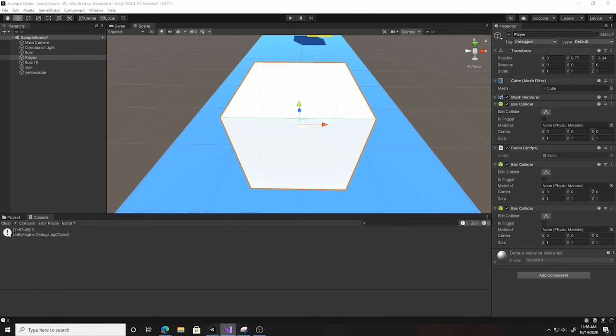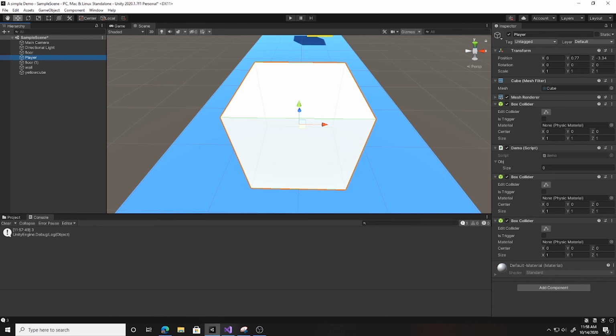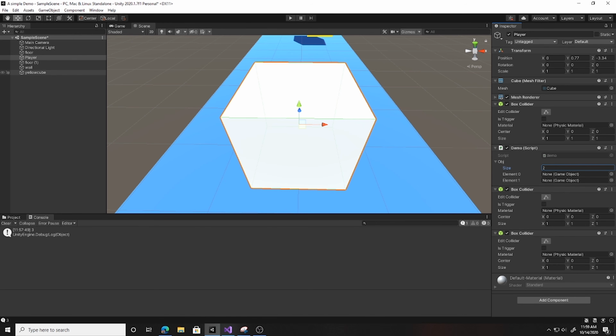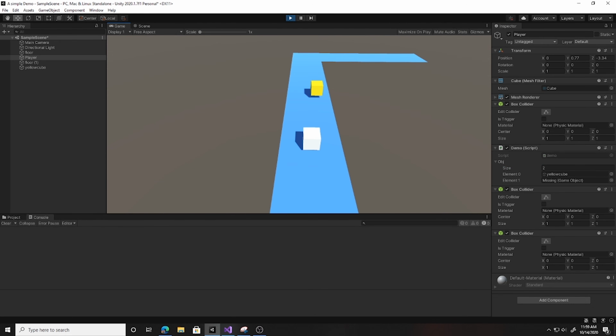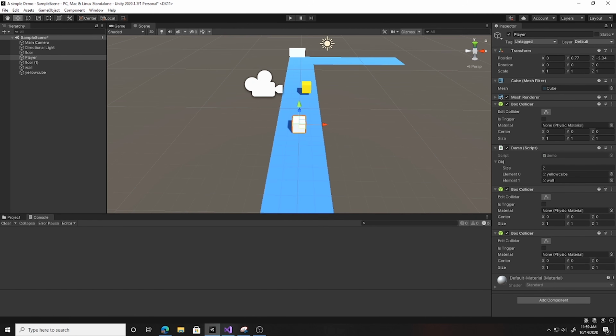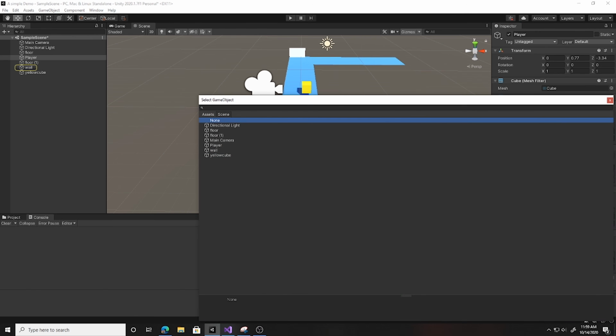And what this would allow us to do, because we made it public, could just be that you created your public variable like this, but you did not set your size. I can say, well, there is 2 objects in there, and I can start to target some objects like maybe the yellow cube on my game here, or the wall. And now I have 2 objects, and when I hit play, the wall in the back there disappears. You can see there's a wall there, it disappears. Or if I remove the wall from there, so it says none,